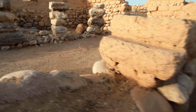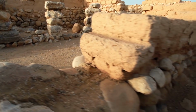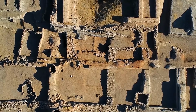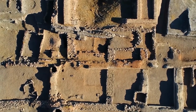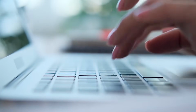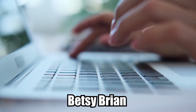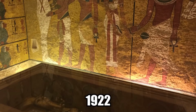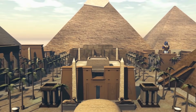During the dig, the team was surprised to encounter zigzagging mud walls measuring as much as 10 feet tall. Without meaning to, they had found a city that other archaeologists had tried and failed to find. In a statement, archaeologist Betsy Bryan described the site as the most important discovery in Egypt since King Tut's tomb was found in 1922. Speaking with NBC, Hawass said that the Golden City will help researchers better understand life during